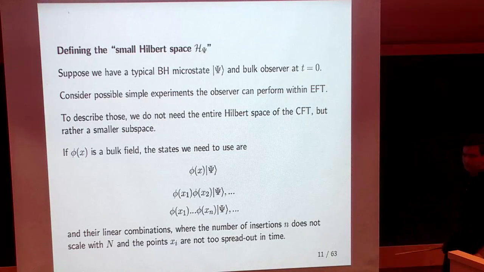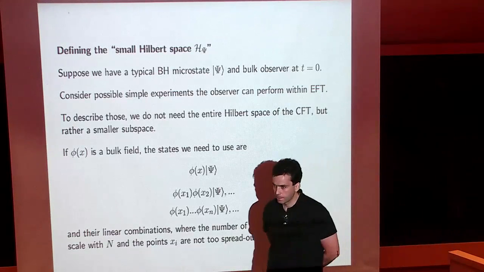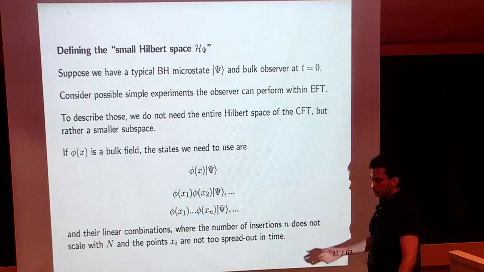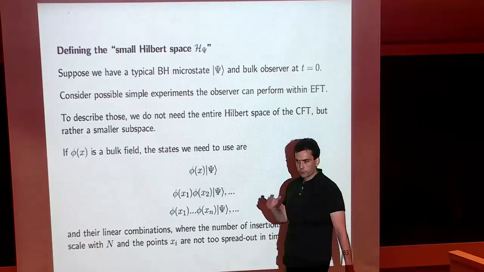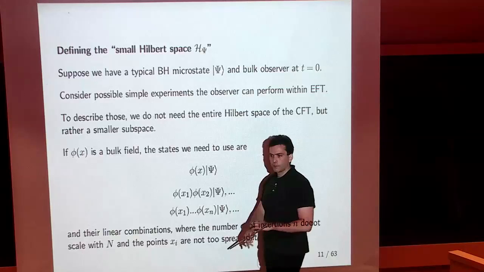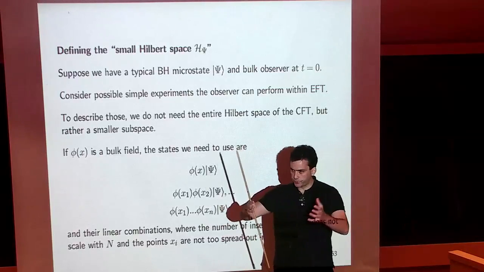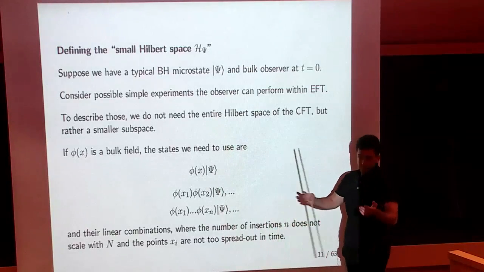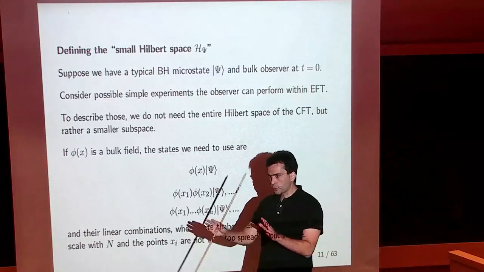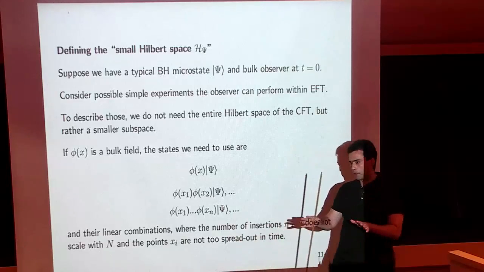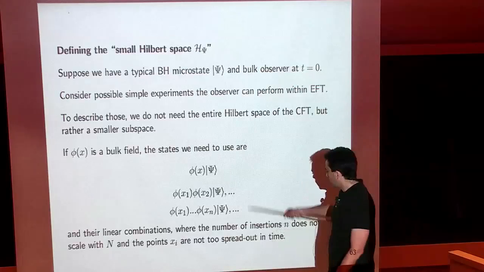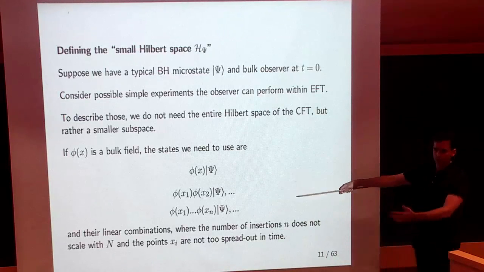Is it clear that experiments where it does scale with capital N can't be performed within effective field theory? Yeah, that's a good point. Of course, there are experiments within effective field theory which operate with, for example, two black holes which merge and form a bigger black hole. Okay, that you can describe in effective field theory, perhaps. Or the radiation passes through a cloud. Sure. So I'm not going to deal with these experiments because they're more complicated. This is a more difficult question that I'm not able to answer at the moment. Okay. Yeah. So I think already at this level we will have disagreements. So maybe we can just stick to this one for now.